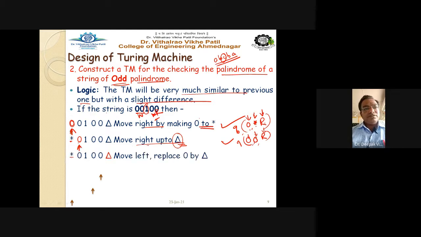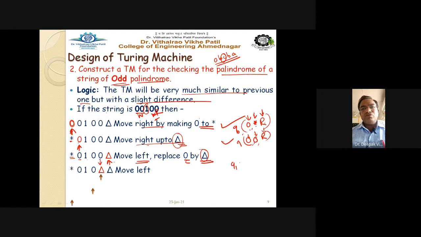Next, star 0 1 0, the pointer is pointing to capital delta. As soon as we reach the end of the string, we have to move to the left, and the adjacent 0 is to be replaced by capital delta. This 0 is to be replaced by capital delta.